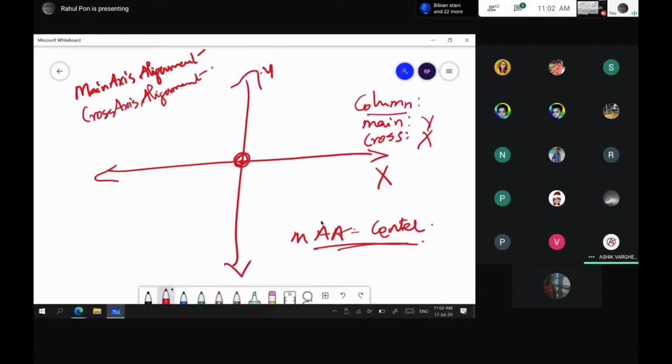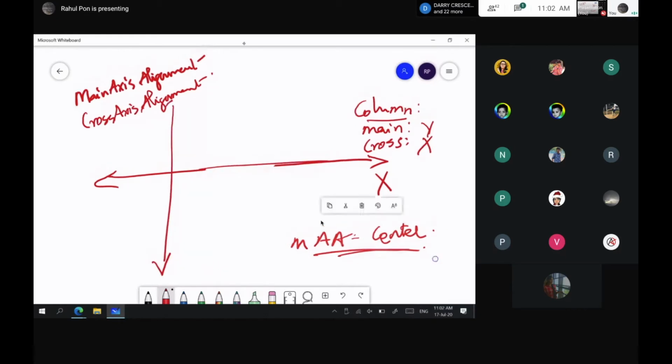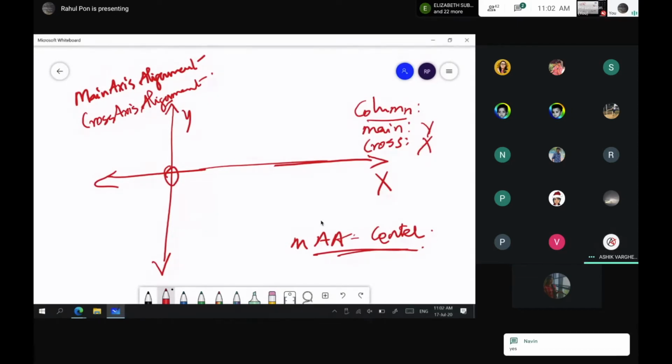Now let's say for example the y-axis is not here. Let's say the y-axis is somewhere over here, somewhat inclined to the left side. Now where is the center of Y? Over here, right? This is the center of Y, right? Yes or no? Yes. This is the center of y, but this does not necessarily have to be the center of x. Am I right? Just because the y-axis and x-axis meet there, it does not mean that this is actually the center.